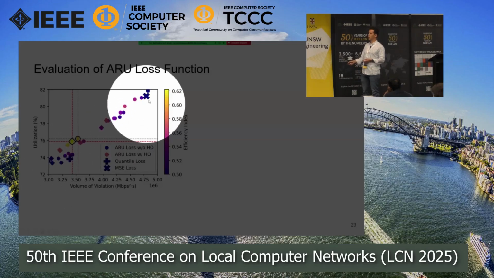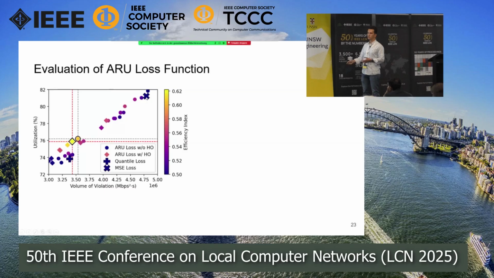And then we have the mean square error on this side. And most of the time, we think that we will be in a range between these points. And of course, the further top left is the direction where we want to go. We want high network utilization and a low amount of errors.